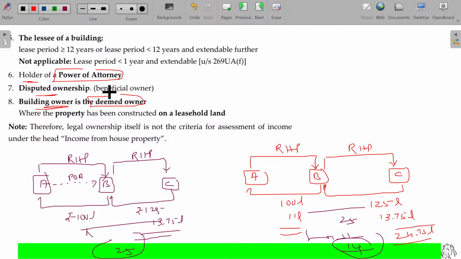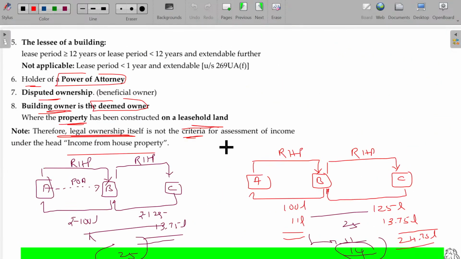Land may be owned by somebody else. I may get the land on rent or lease and construct the building on it. In that case, I am going to get the collections only for the building. The building income will be considered as income from house property. Is that okay? The land rental will be considered as income from other sources. Clear? This is where the property has been constructed on leasehold land. Therefore, legal ownership itself is not the criterion for assessment of income under income from house property. It's not legal ownership. Beneficial ownership, even deemed ownership, is also explained under section 27. With that, income from house property is completely over. Okay. Next, we will